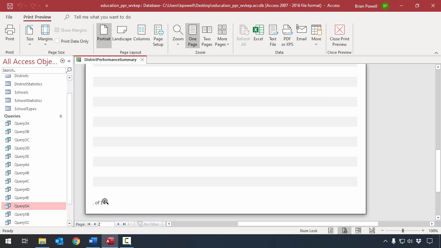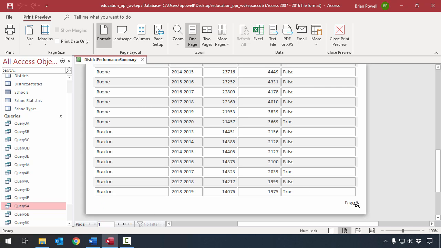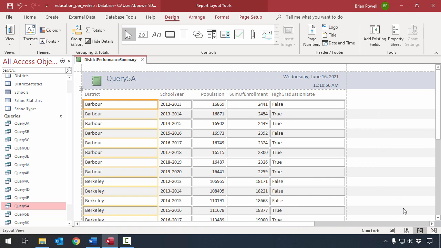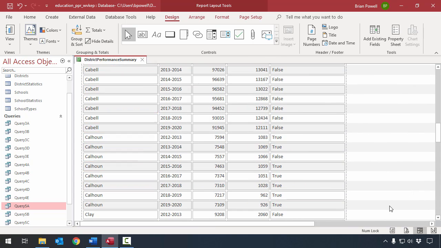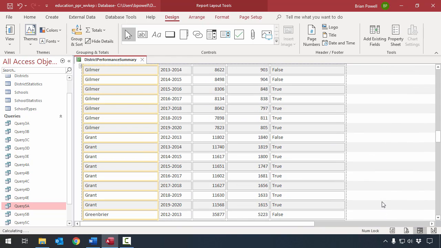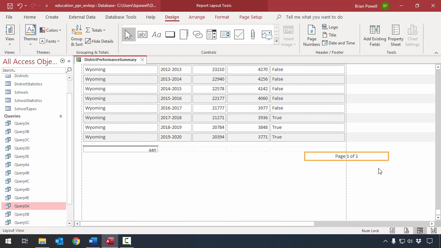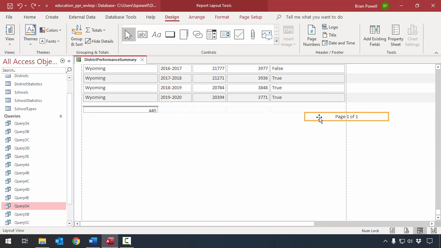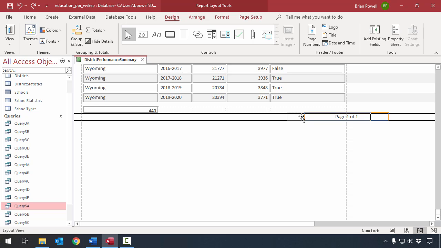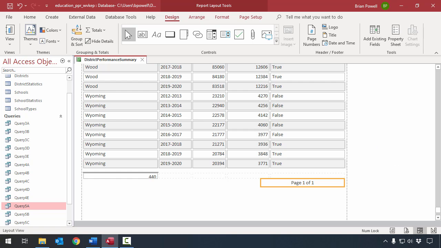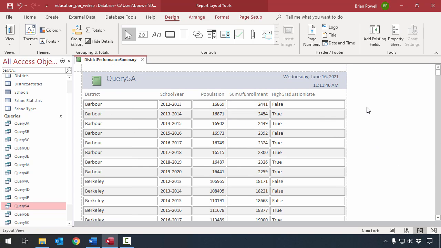If we look at the bottom, we can see part of the footer, where it shows what page we're viewing, is spilling over. So we're going to reposition that as well. Back here in layout view, I'm just going to scroll to the bottom of my page. Where I have the footer text that says page 1 of 1, I'm just going to drag this over so that it appears inside the bounds of my margin for the page. You can see that it got rid of this second page.